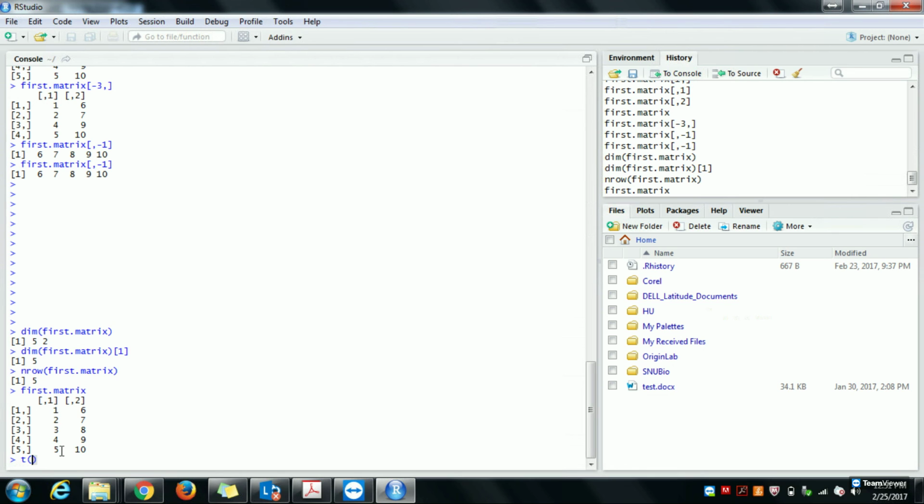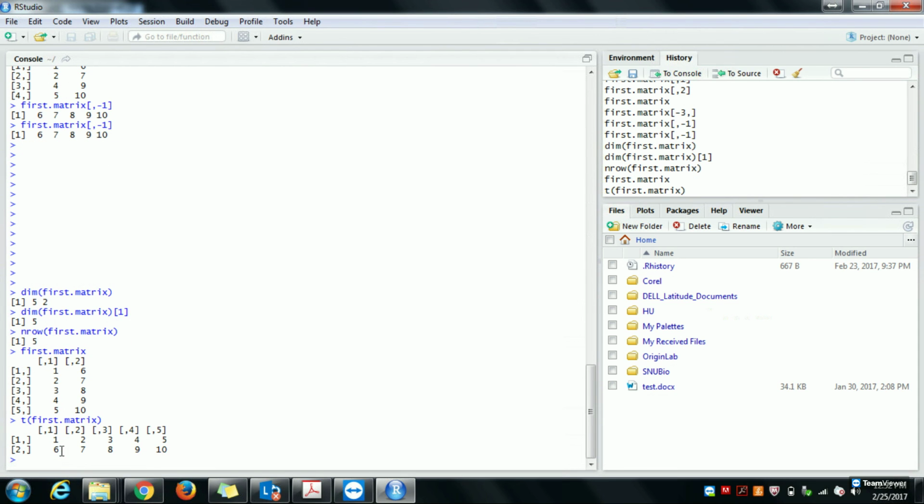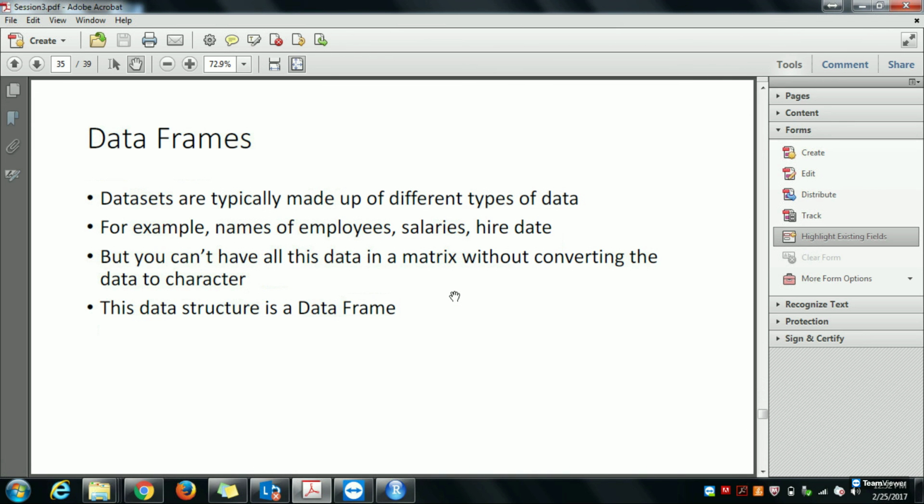So I use this function called T, which stands for transpose, and put my first matrix within that T. So it's going to flip my two columns to rows. That's what it's going to do. Transpose of a matrix. And this is more for the inner product of two matrices, which is for more complicated mathematical operations. But for now, we just skip this part